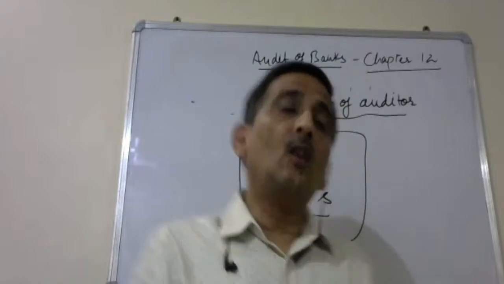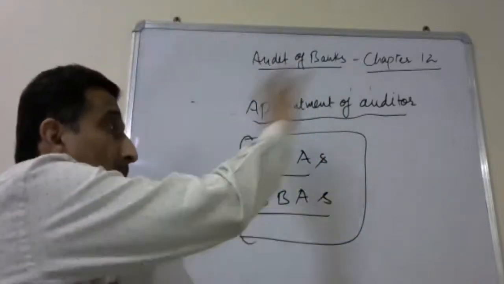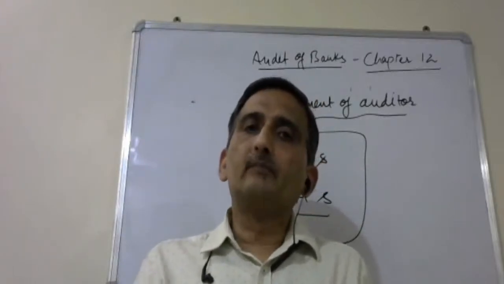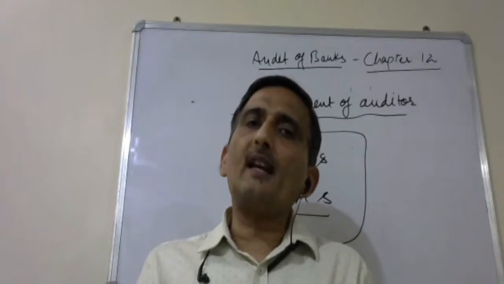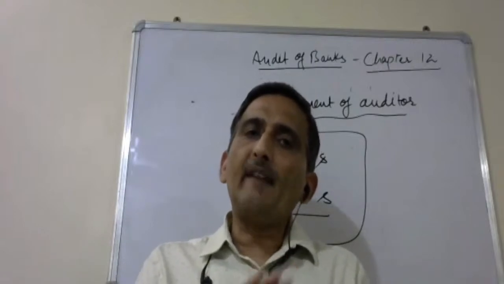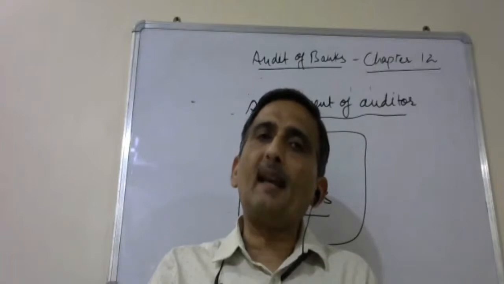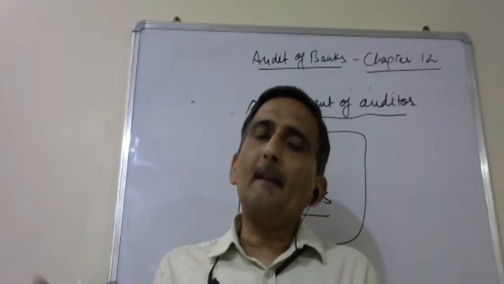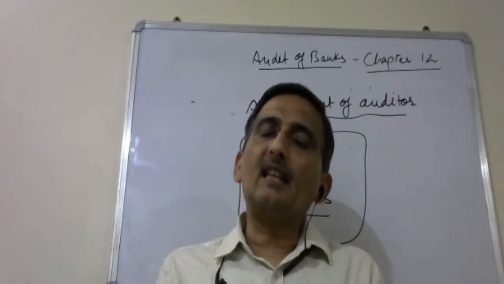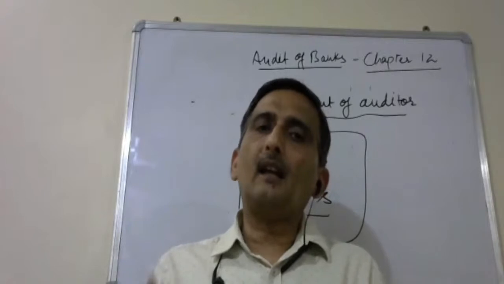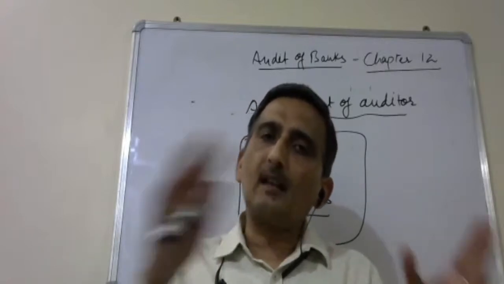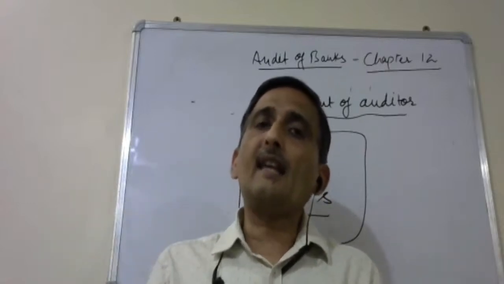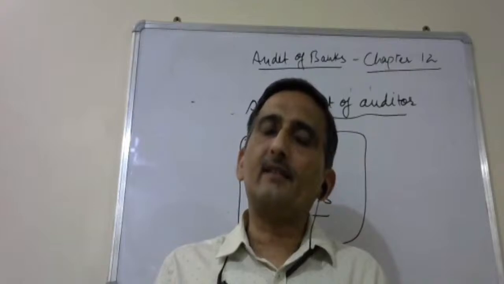Okay, so in case of nationalized banks, you have to understand that branches are being audited by firms of auditors, and there are separate auditors at the central level, at the head office level, and branch auditors are submitting their reports to statutory central auditors, where consolidation is taking place, zone wise, region wise.